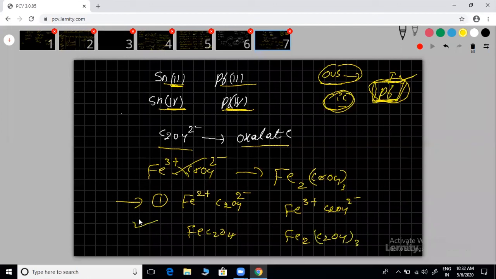All these things I am going to use in redox reactions. Keep in mind, that is the reason I am giving all these compounds here. You have to know how to use those formulas. Ferrous oxalate, ferric oxalate, all these things. Most of the students don't know how to write them, then they are losing marks. They even know the concept of how to solve, but they don't know all these things. Got it? I think so, no doubt here, I'm expecting.